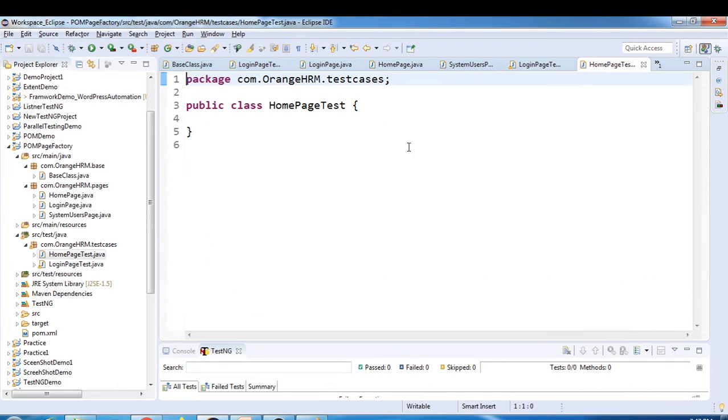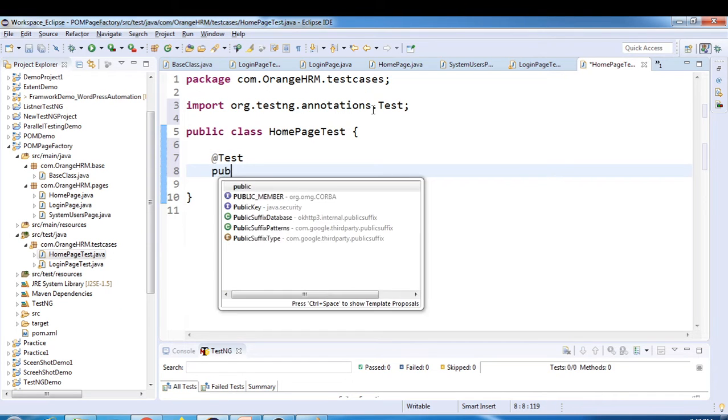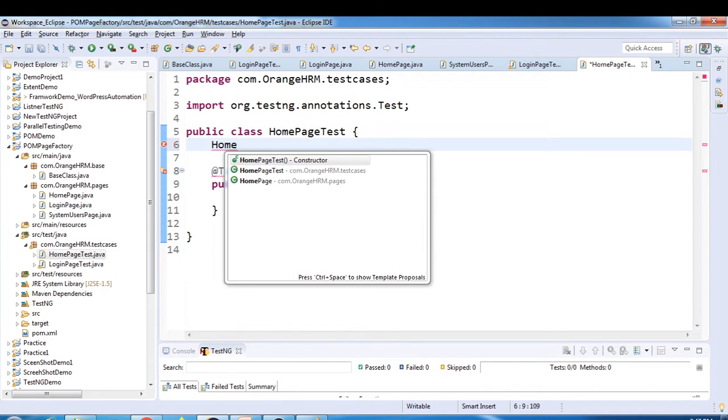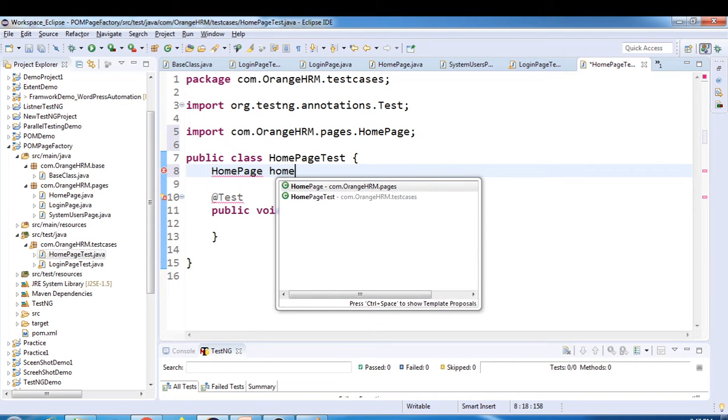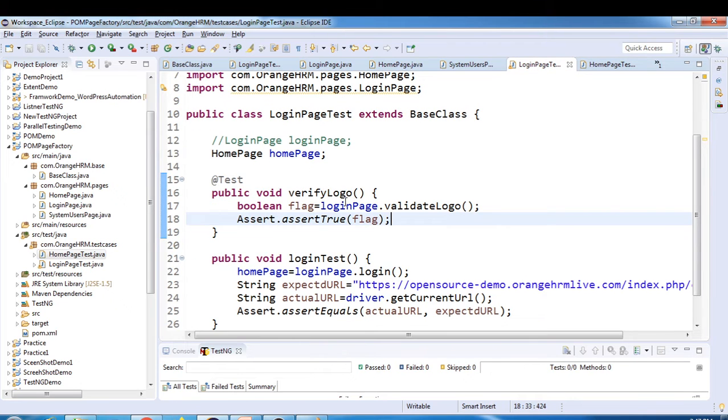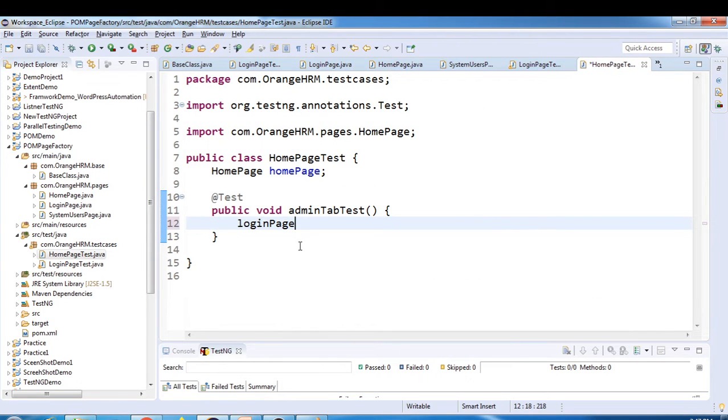We'll write one more test, public void, let's say clickOnAdminTabTest. We are going to click on the admin tab, so we need the home page object. So here we'll write HomePage. We need the login page object as well, so simply I'll write loginPage dot,